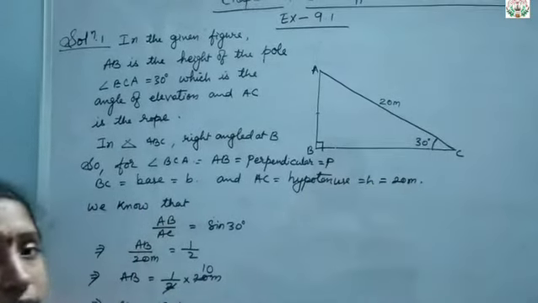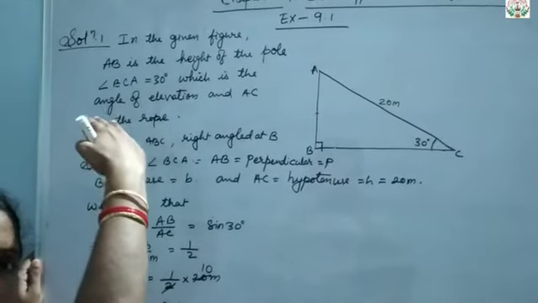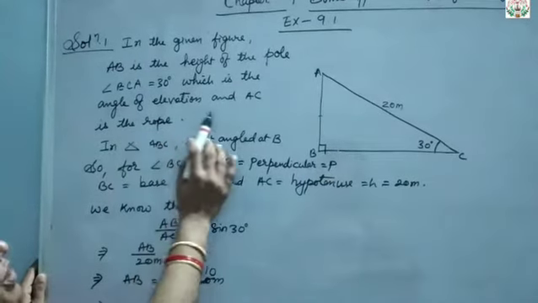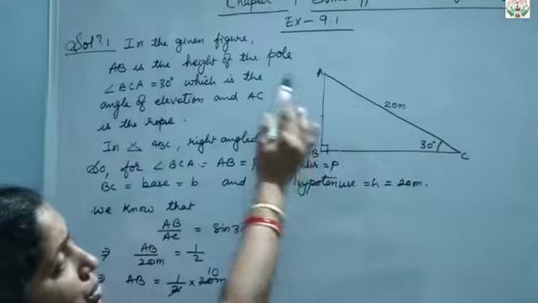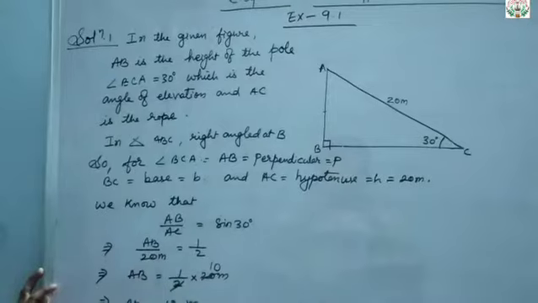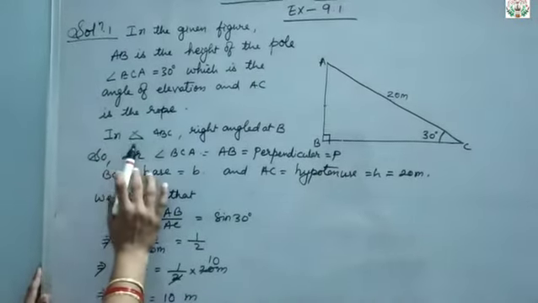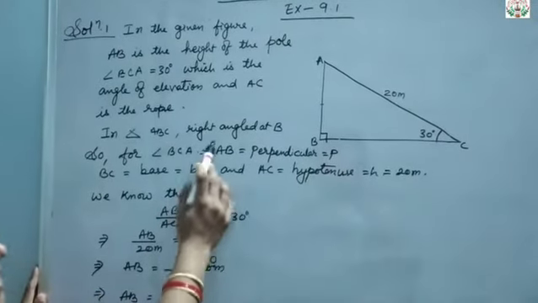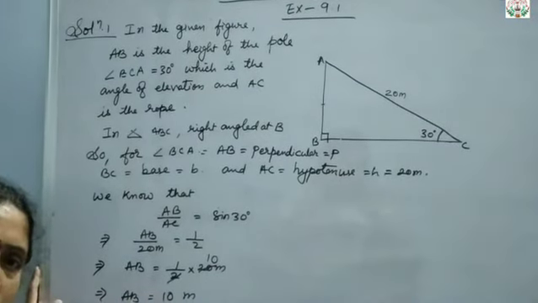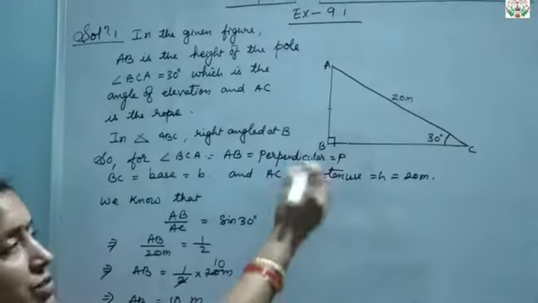This is the angle of elevation, because the person is trying to climb high above the horizontal line. So angle of elevation is 30 degree. And AC is the rope tied. With the help of that rope, the circus artist is trying to climb the pole. Now triangle ABC is a right angle triangle, right angled at B, because the pole always stands straight. So that will make what?